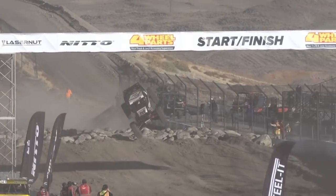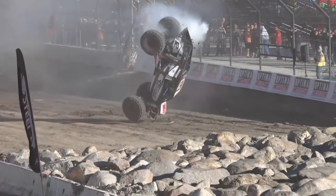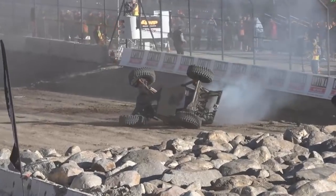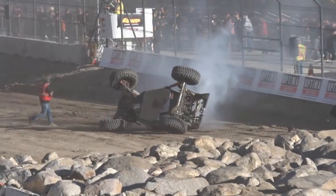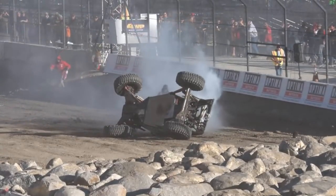Oh, my word! Oh, terrible, terrible. A little too hard. All South Jeff McCullough with a terrible tumble across the start-finish line. Safety crew is on there, but...